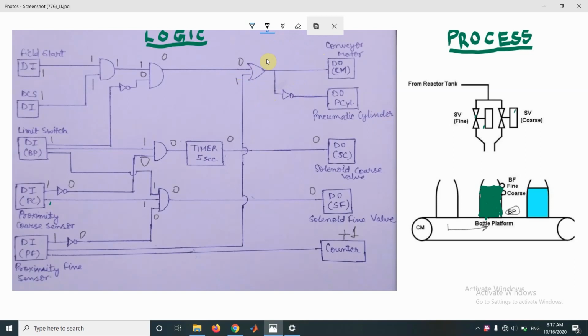Now the OR gate once again turns on, the conveyor motor starts running again, and due to this NOT gate, the